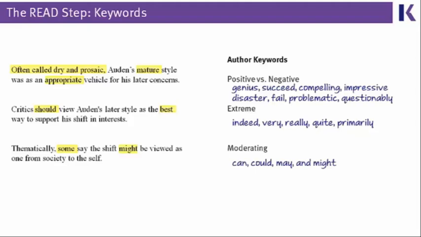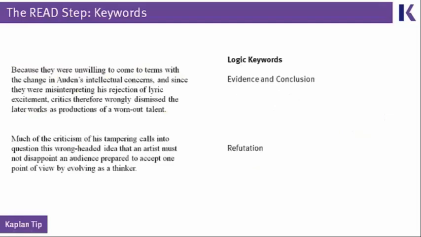Finally, we get to logic keywords. Logic keywords are when the author is making a particular argument, and we'll talk more about arguments in the next lesson in this session. The logic keywords tell you what the author thinks or wants to describe as a main conclusion of a particular passage, and then the evidence keywords tell you why and for what reason the author brought